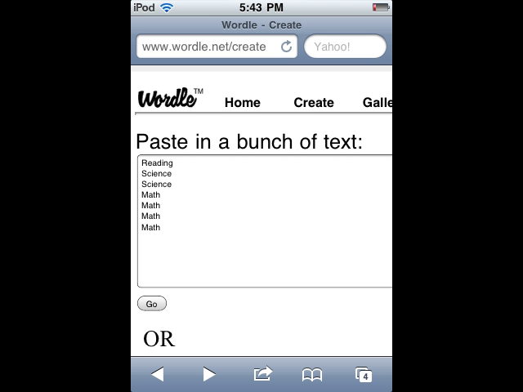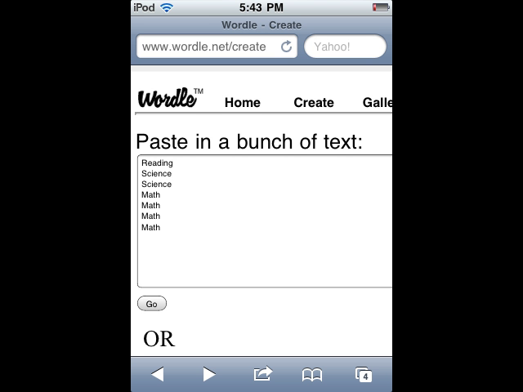What we're going to do is a Wordle lesson. I must start out by saying that you cannot use an iPod Touch or the iPad to do this lesson. Unfortunately, the Wordle website will not work on the iPad and the iPod. So, please use your computer for this lesson. Wordle, if you're not familiar with it, is found at the URL